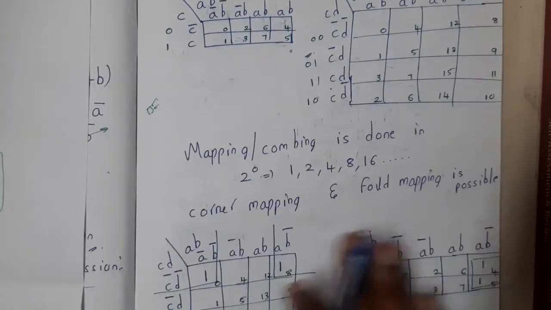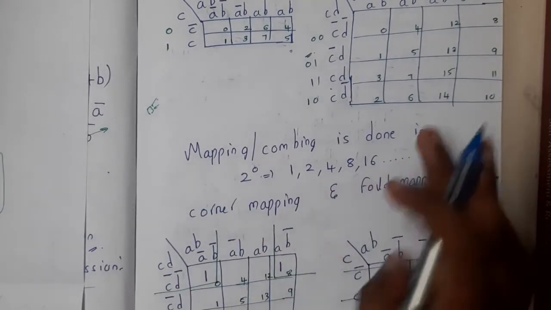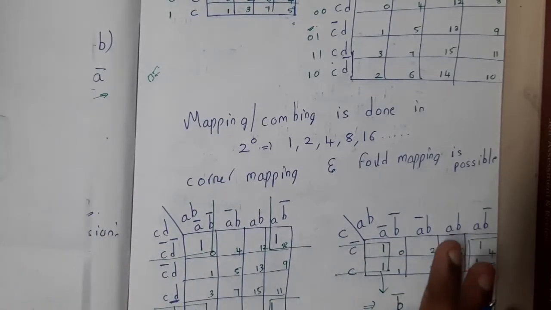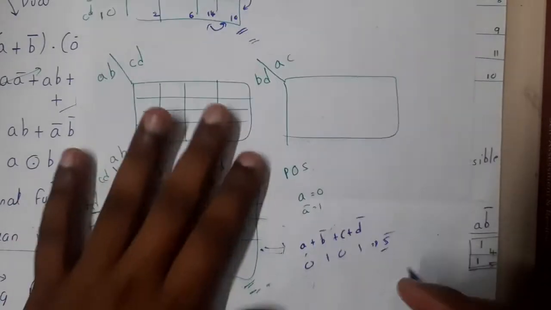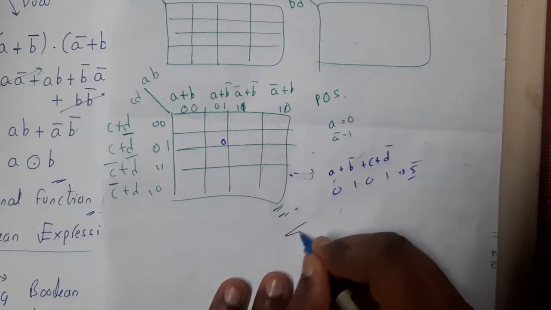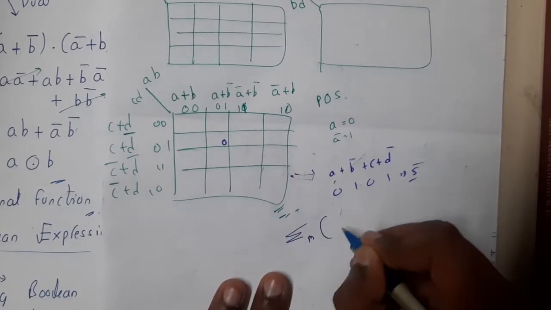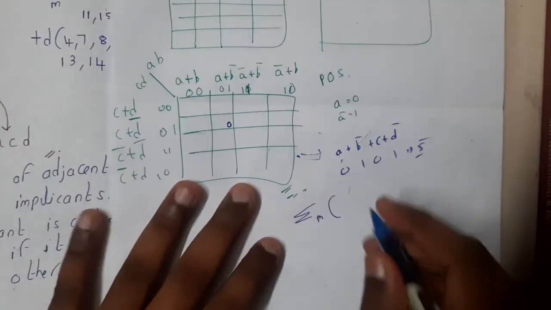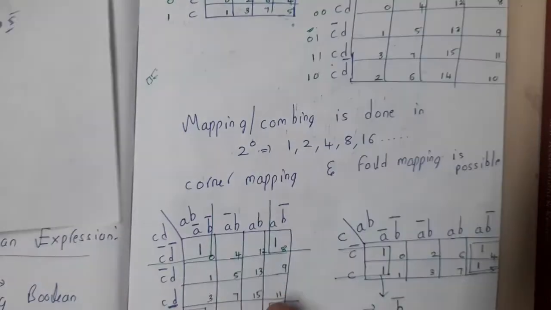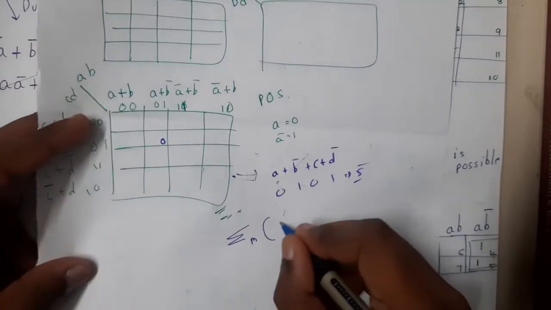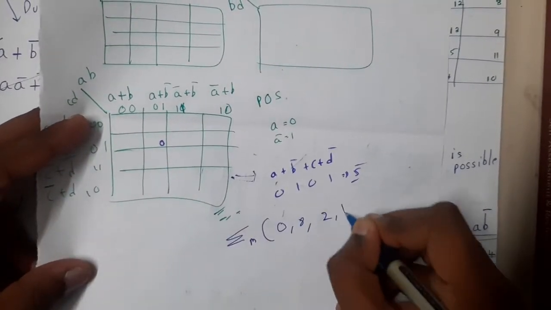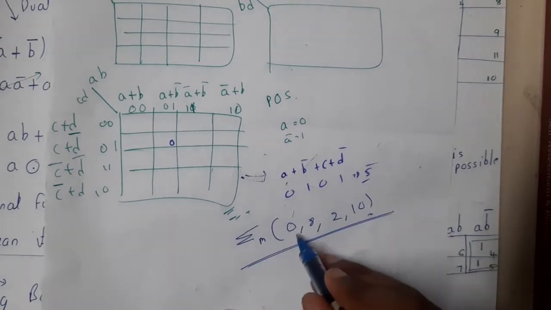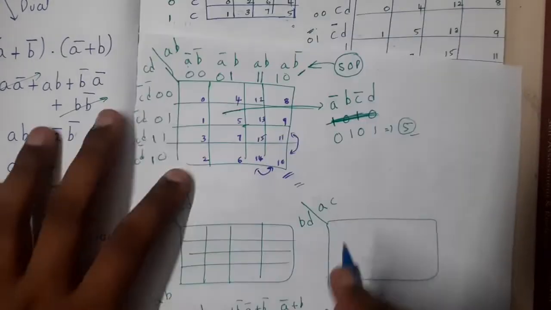Okay. So now whenever you have finished drawing this diagram, in the question, he will give some numbers, guys. So if you recall, whenever we are finding min terms, I used to write like this, right? So m of, so let me take this one example. It will be better, right? 0, 8, 2 and 10. Okay, so assume that numbers are given in this way. So what he gave, 0, 8, 2, 10, right?